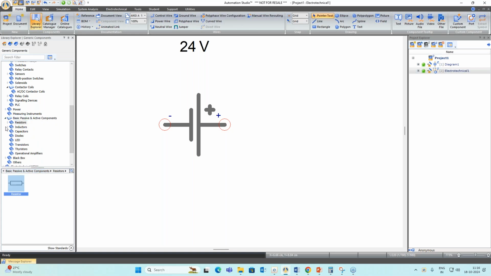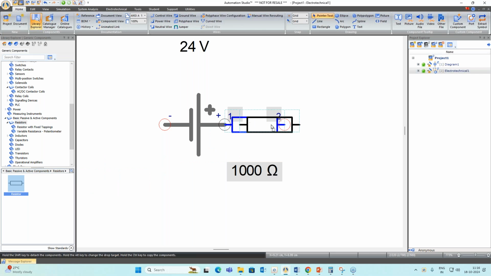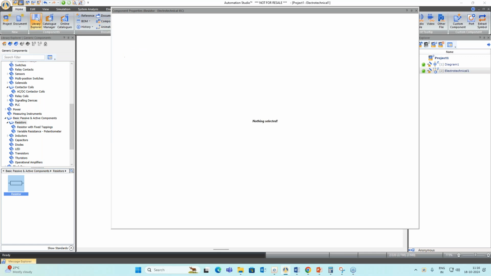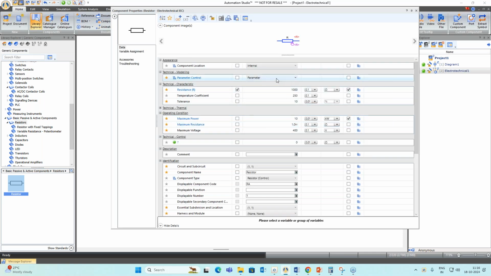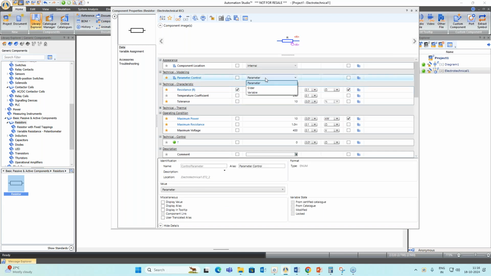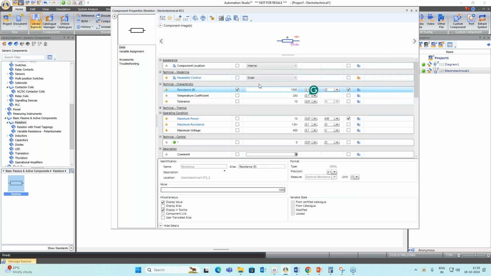So I have this resistor. Again, in the resistor, we have many more types. From that, I will take this one. If we click on any component, we have the property window. Here the user can set different parameters according to their need. In the parameter control, we have three types of control. With the parameter, whatever value we have fixed, the resistor will work with that value. In the slider, during the simulation, we can change the value of that resistance like a rheostat. And in the variable, we can link any type of variable with this resistor. So instead of maximum resistance 10,000, I will change to 1,100 or